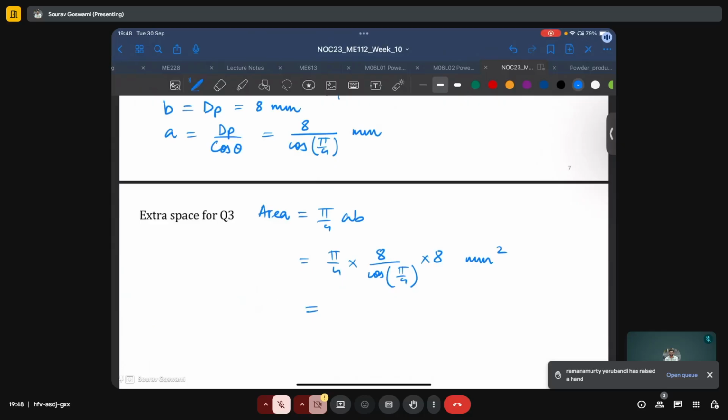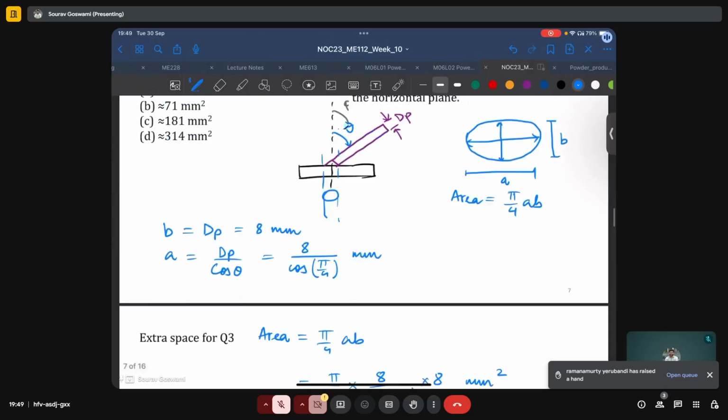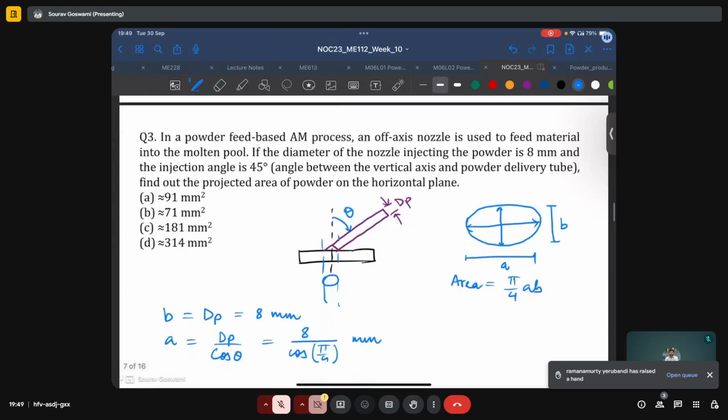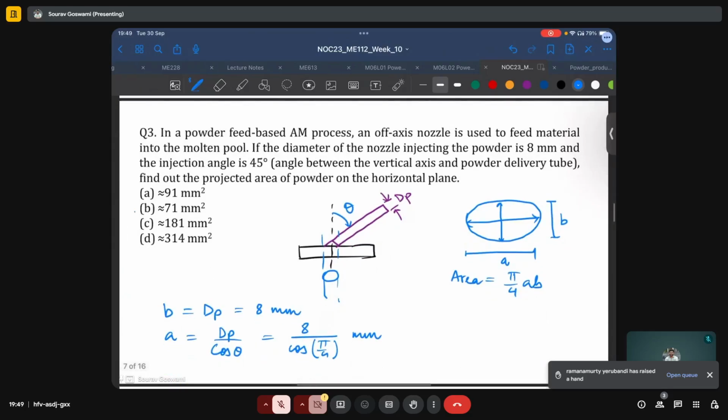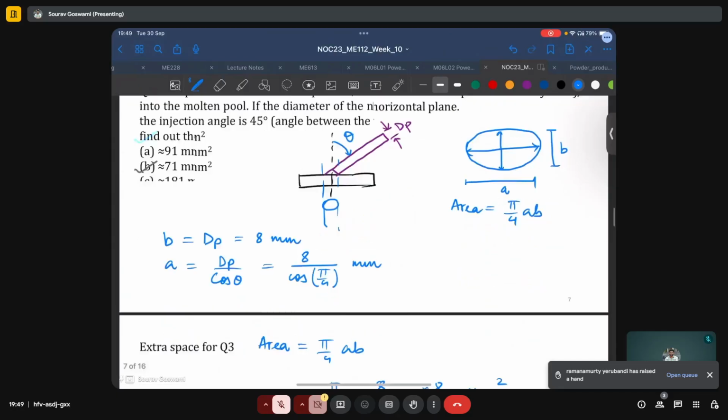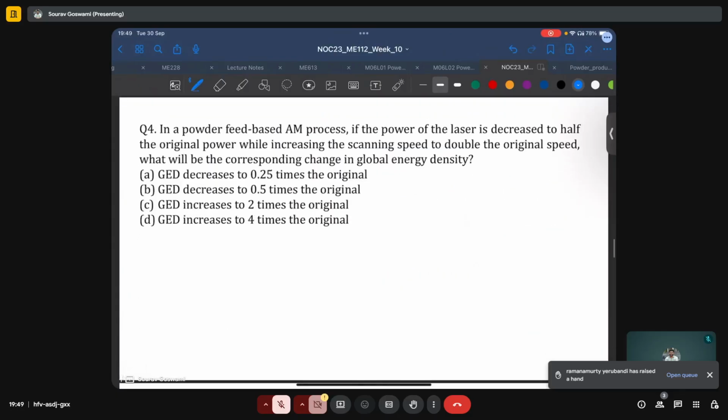If you just calculate this quickly, this comes out to be 71.086 mm square. 71.086. Let's see which is the closest option here. Option B, approximately equal to 71 mm square. So we are using the same formula, just adapting it as per the scenario posed in the question and obtaining new results. Question 4 is asking us, in a powder feed based AM process, if the power of the laser